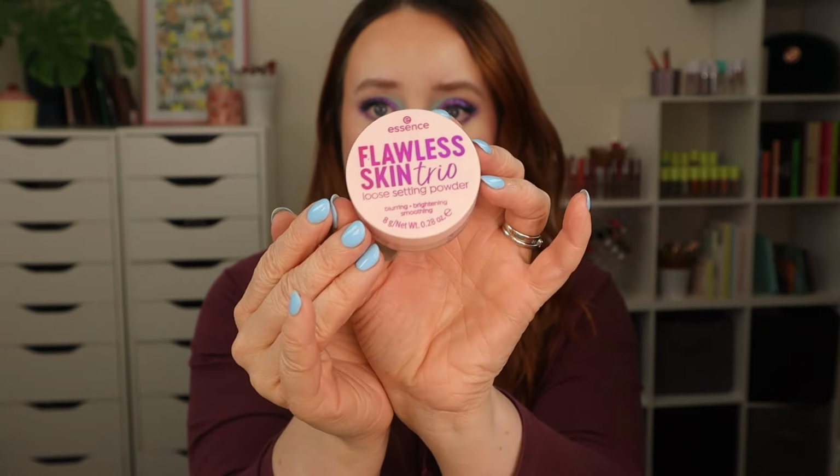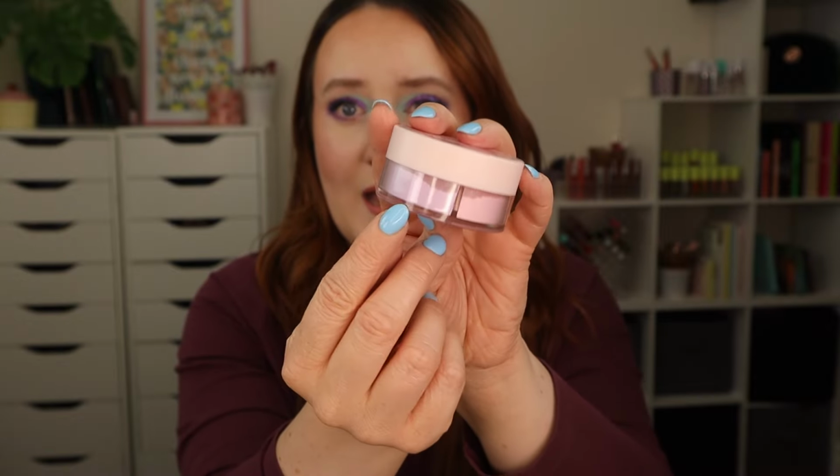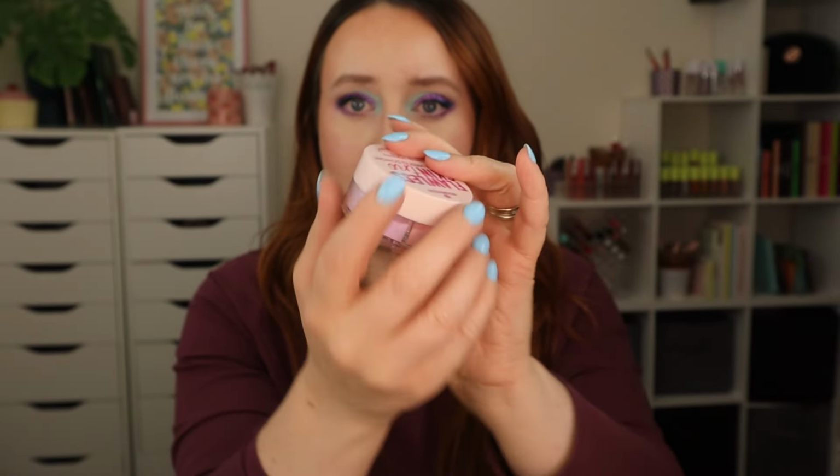And let's just get on into it. So starting with the Essence Flawless Skin Trio Loose Setting Powder. This is what the packaging looks like. It has got a peachy colour, a pink and a lilac, all in the same